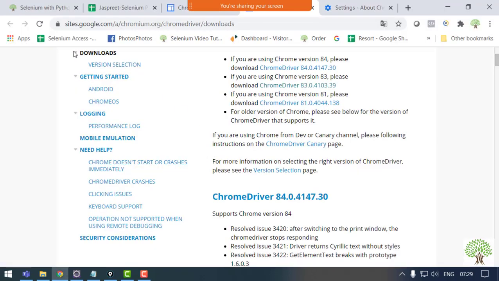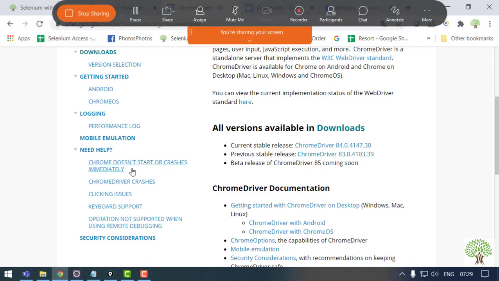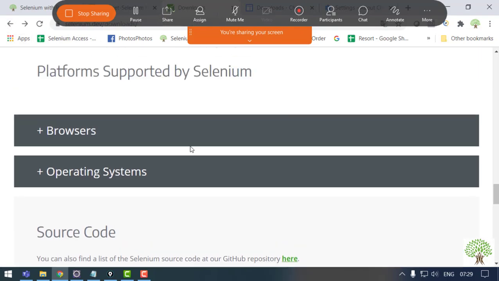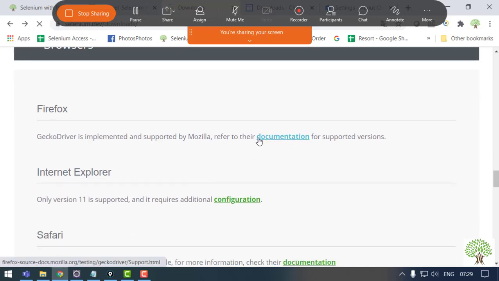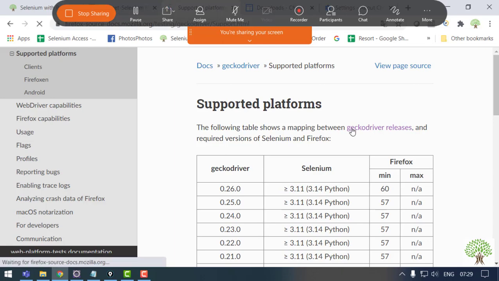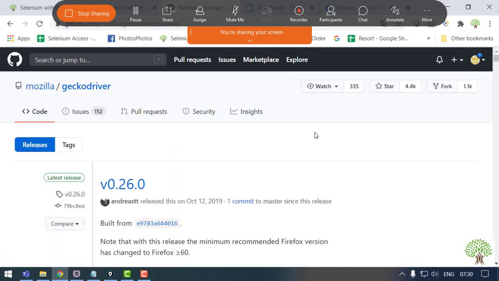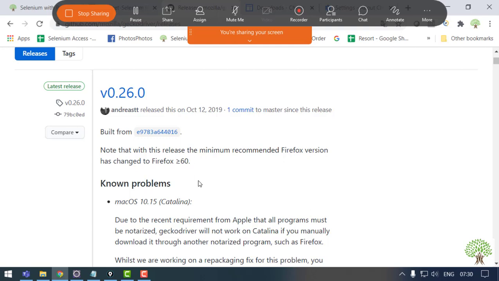So for Firefox again you have to go to the official site, and over here, for Firefox, this documentation. The exe providers have given different names to the exes of different browsers. For Firefox, it's Gecko driver.